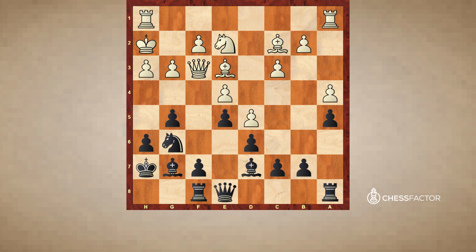At first glance, it looks like black attacks a4, and that's true. If the rook goes away from a1, black can take that pawn. But in fact, the idea behind this move is much more subtle. Black simply wants to put the queen on c8 to control the g4 square and to challenge the h3 pawn. So white didn't understand the whole idea of the queen e8 move and played carelessly h4, after which queen c8